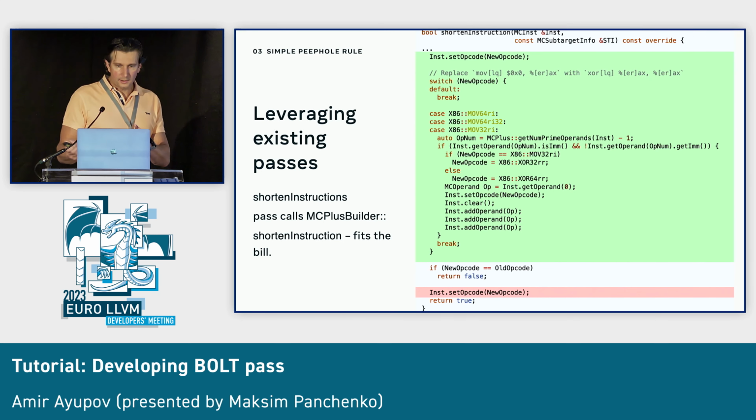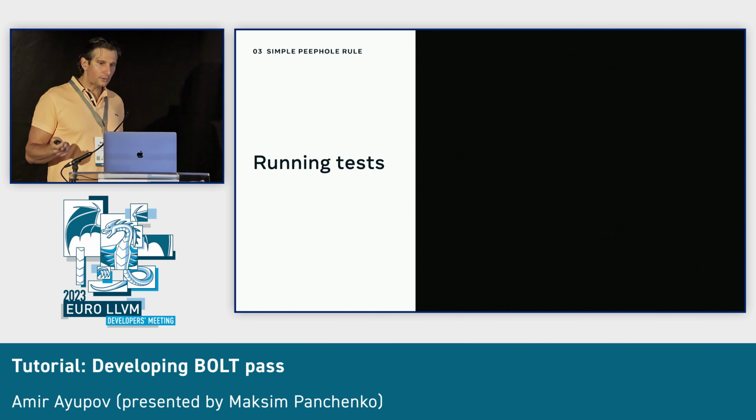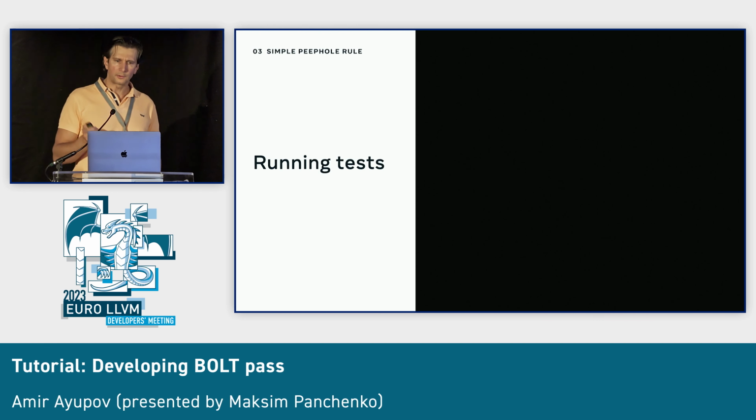So we modify the existing file, or we add this code, basically checking what was before, and if the operand is 0, we can convert it to XOR. It's rather straightforward. Once we do this, we can actually run it on existing applications, but before we run it on something big,